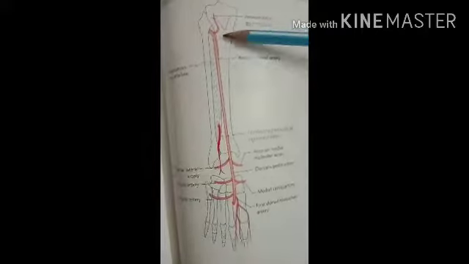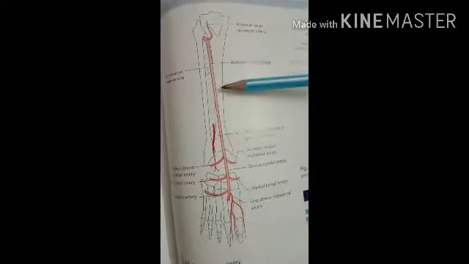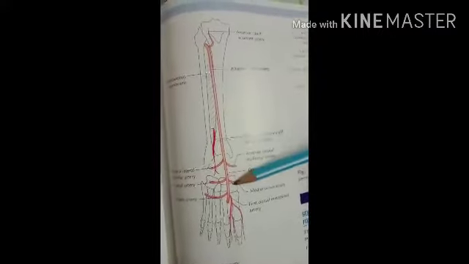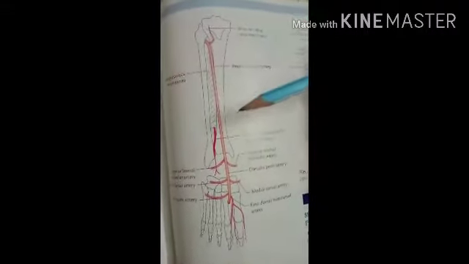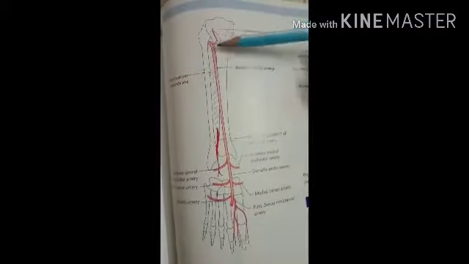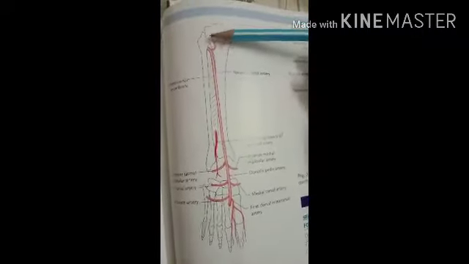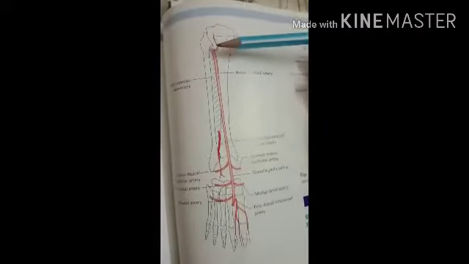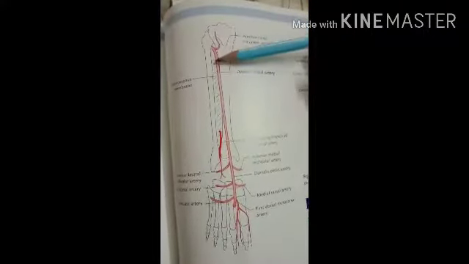It is the main artery of the anterior compartment of the leg, and it supplies oxygenated blood to the muscles of the anterior compartment of the leg. Then the beginning, course and termination of that artery. The anterior tibial artery is the smaller terminal branch of the popliteal artery. You know, the popliteal fossa is present posterior to the knee joint, and from this the anterior and posterior tibial arteries are divided. So it is the smaller terminal branch of the popliteal artery.